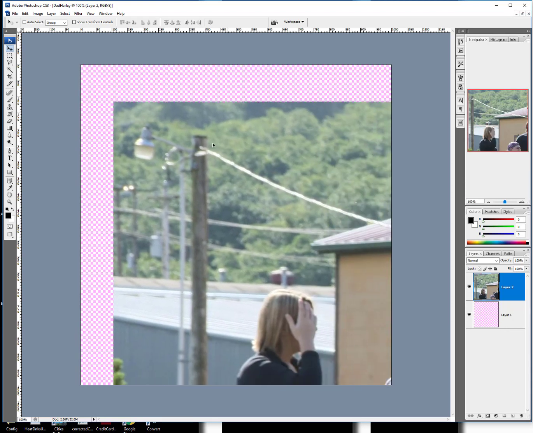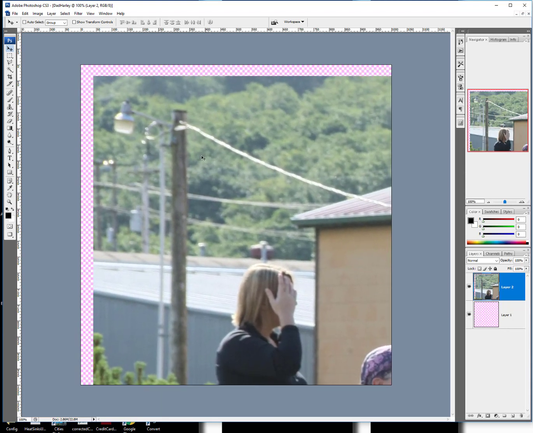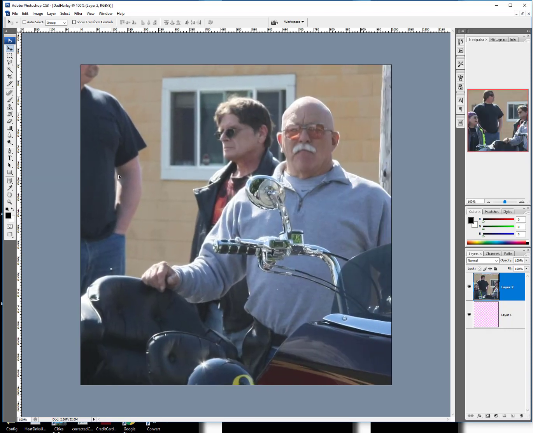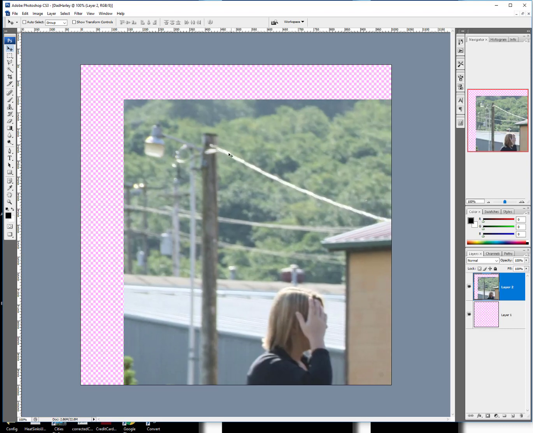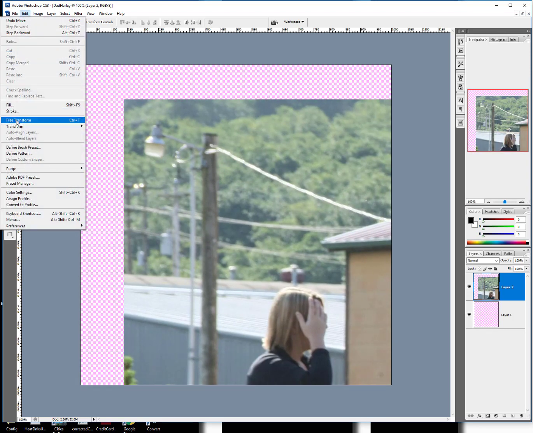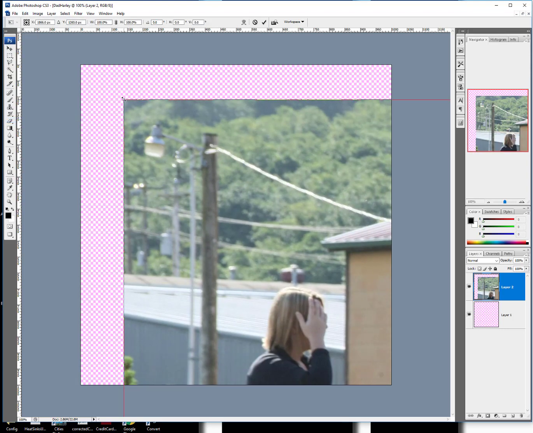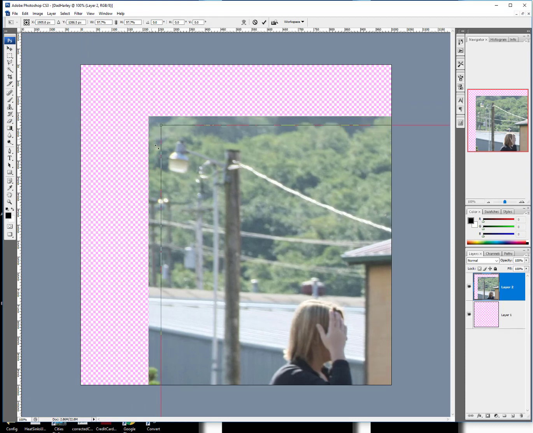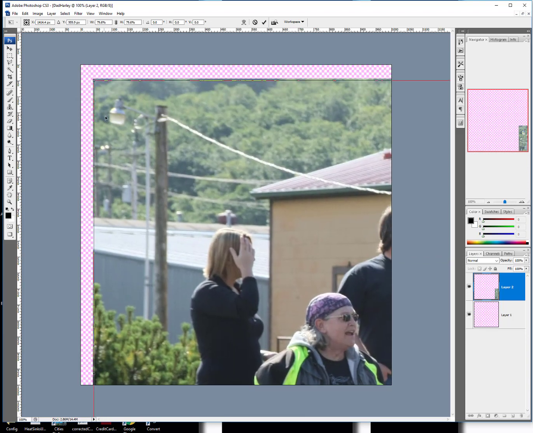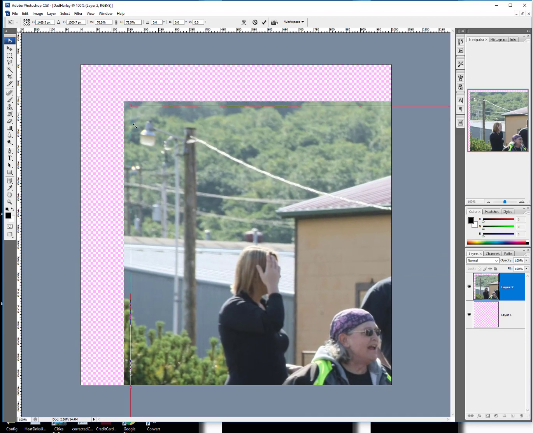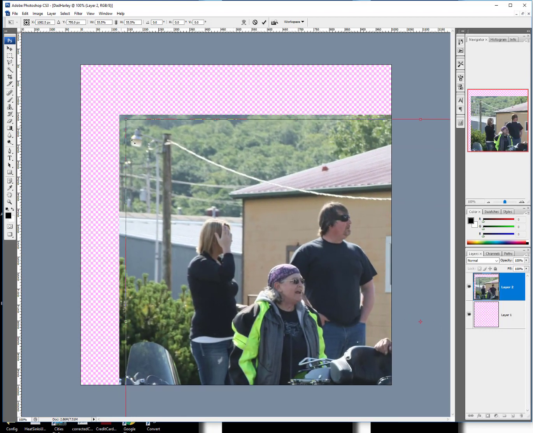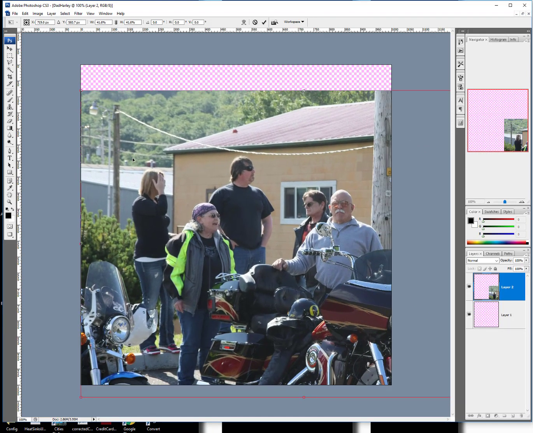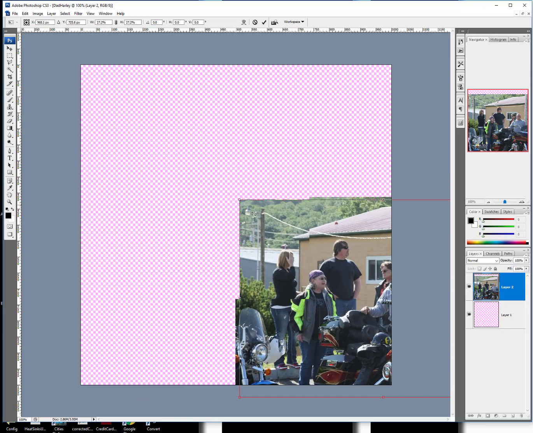Right? So what we want to do is find the corner, and this is getting a little advanced here. So we have this picture. We're going to find the corner. We're going to go up here to Edit real quick. We're going to go to Free Transform. We're going to grab this corner caret right here, this little square, and we're going to hold Shift and shrink it. Then we're going to bring it back, grab Shift again, and shrink it down with the mouse. We're just trying to get the whole photo to fit inside this